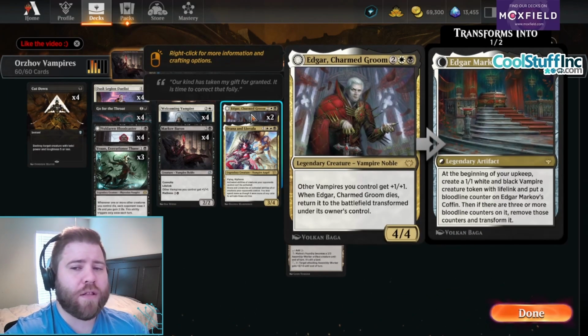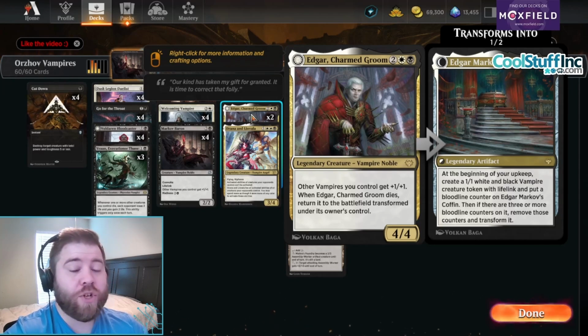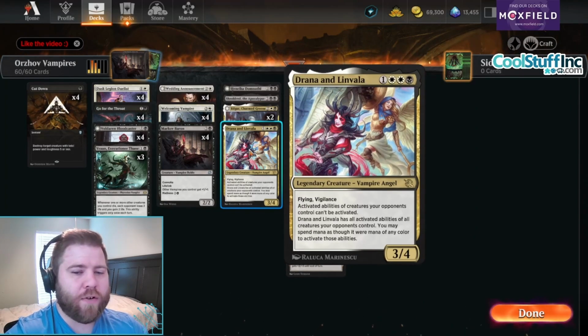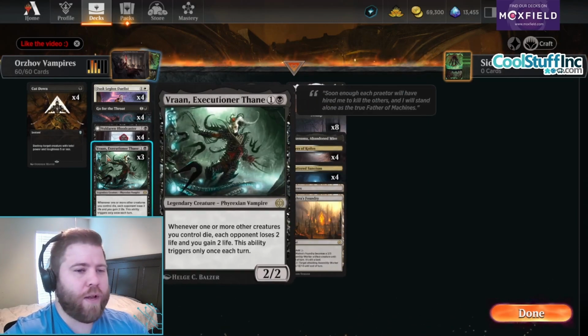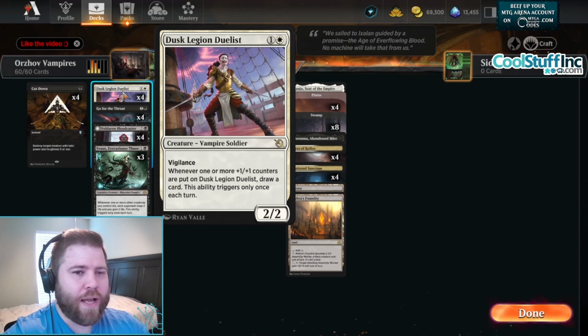A lot of people think that this card is just a value card that turns into Edgar Markov's Coffin, which is good and it is value, but also it buffs all of our vampires, which is what we're trying to do. We also have Drana and Linvala in here as well, which is also a vampire, and it kind of messes with our opponent's game plan a little bit. We have Vraan for extra burn damage and Dusk and Duelist. We're not going to do a lot of +1/+1 counters in this deck, so it's not going to draw a lot of cards, if any, but it is going to be a Vigilance Vampire